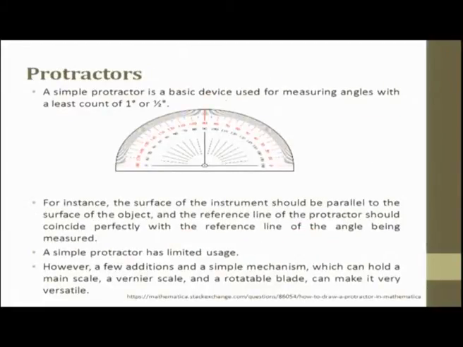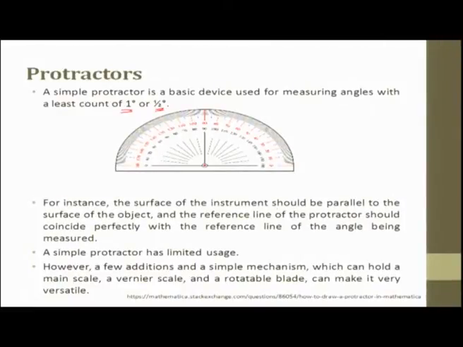This is a simple protractor, which we fix at the center. In school days we used this. So, we fix it at the center and then we have the angle varying from 0 to 180. You can have 0 to 180 or it can continue up to 360 degrees. Here the least count can be 1 degree. If it is a large diameter protractor, you can even have close to half a degree.